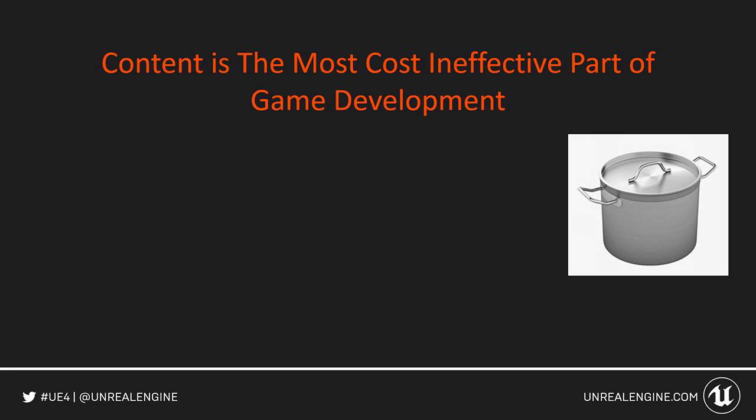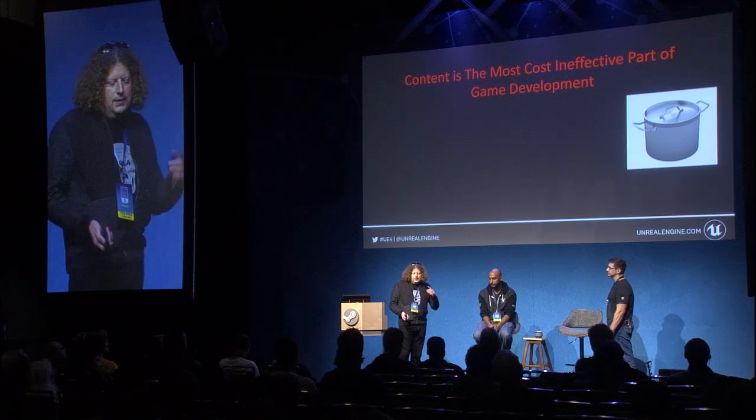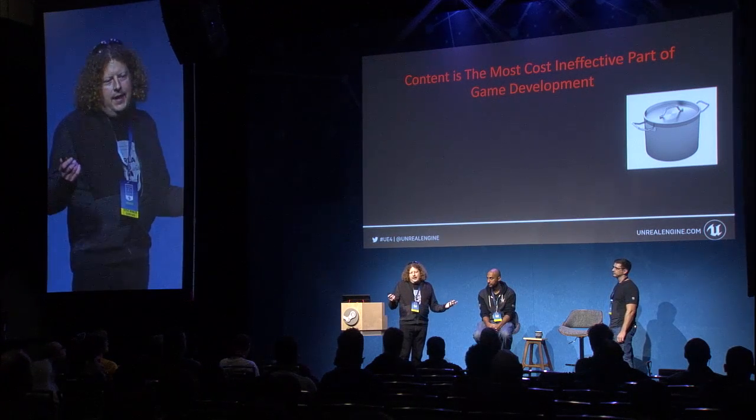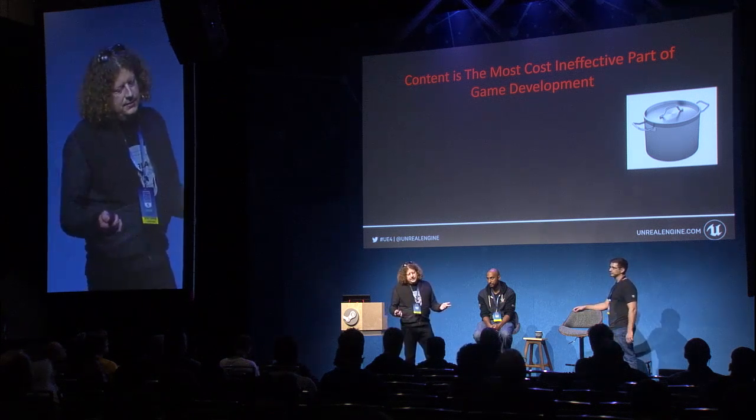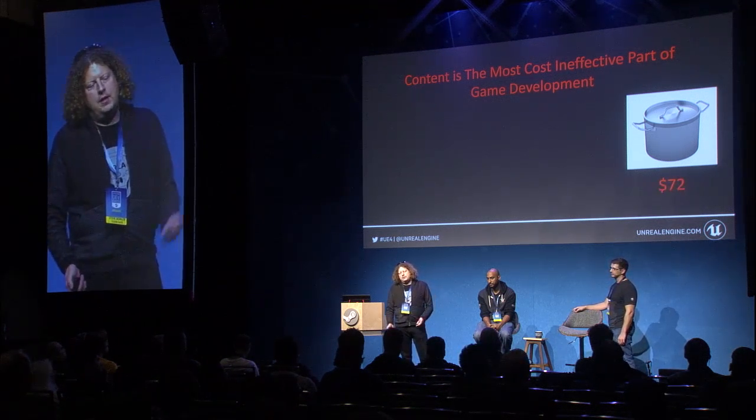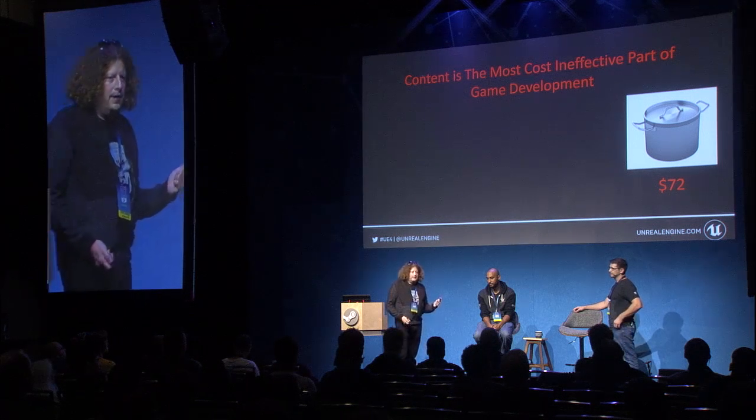best spent. As an example, this pot I found on TurboSquid. It's a good-looking pot. They got some nice aluminum material on there, so it looks like it's actually been made for real, right? And it's some simple primitives. And if you just take a wild guess and you're like, it takes an artist maybe 2 hours to make that pot, at the industry agreed upon average of 2014 for an artist at $75,000 a year salary, that pot costs $72 to make, if that's what your rate is.